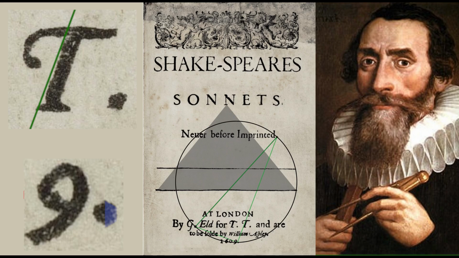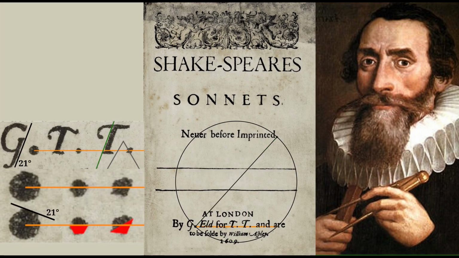second T of TT. We now need to draw 5 construction lines that define several intermediate points to describe the endpoints of our 2 anonymous horizontal rules. Firstly, there is a horizontal line from the centre of the spot next to the G. This perfectly cuts the centre of the 2 dots next to the 2 T's, and we will terminate it on